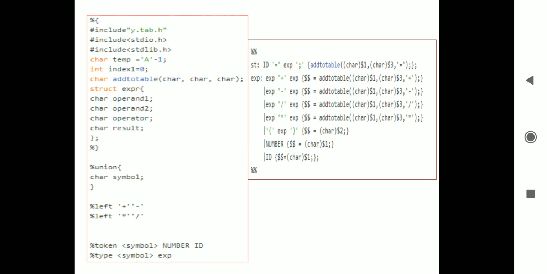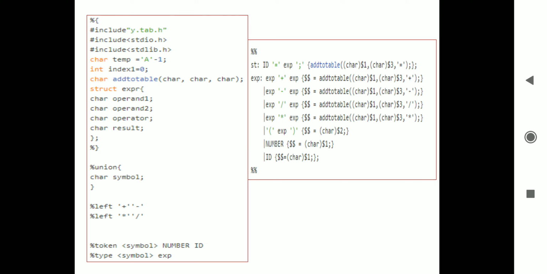Those are the temporary variables we require while writing any 3 address code. So that's why a, b, c, d, capital A, B, C, D will be considered as temporary variables, and that's why we consider this temp variable here.